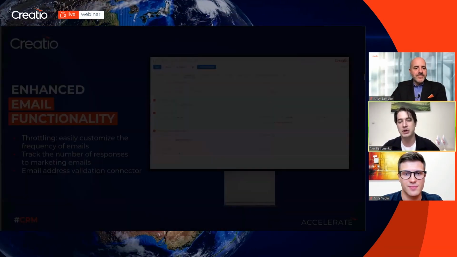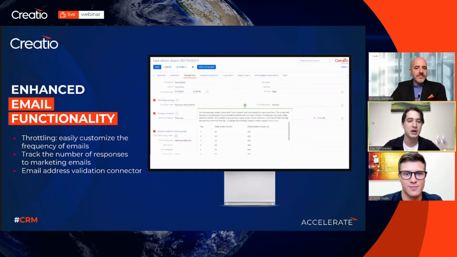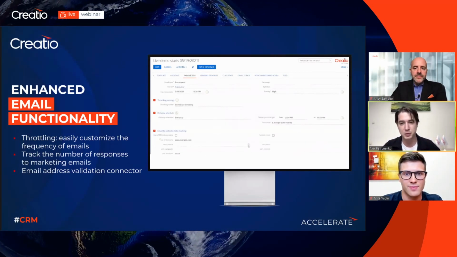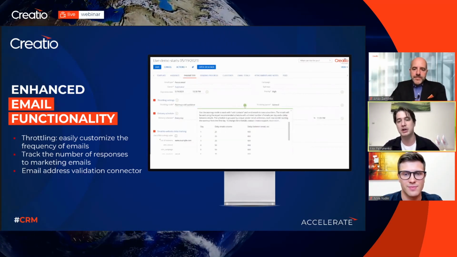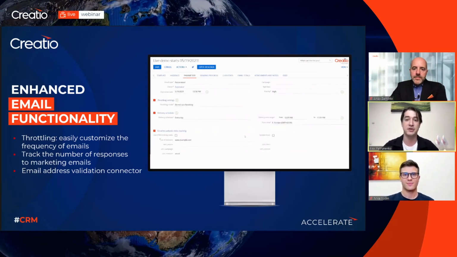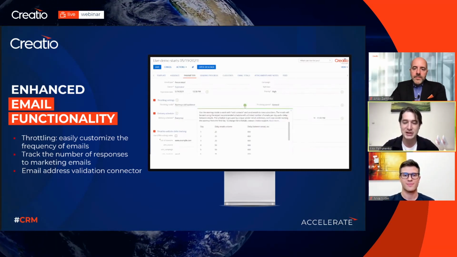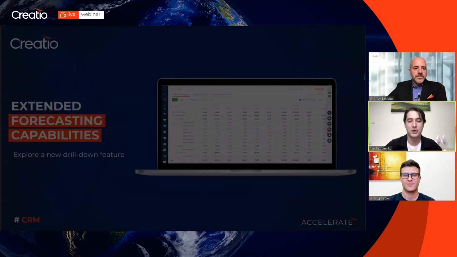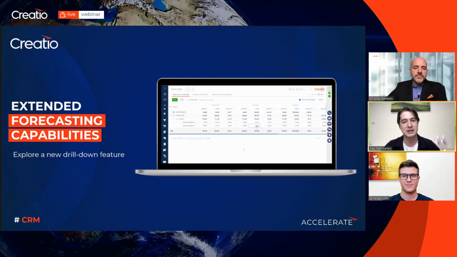Now, of course, they are extending into the email functionality, introducing email throttling, right? So the frequency of emails is easily customizable. They as well have been working on improving the tracking of the number of responses to the marketing emails, and as well support for an email address validation connector that is going to be available through the marketplace. A lot of our features are going to be added besides that, but we're just targeting some of the key ones. And of course, moving forward into the sales application, as part of the forecast functionality enhancements,